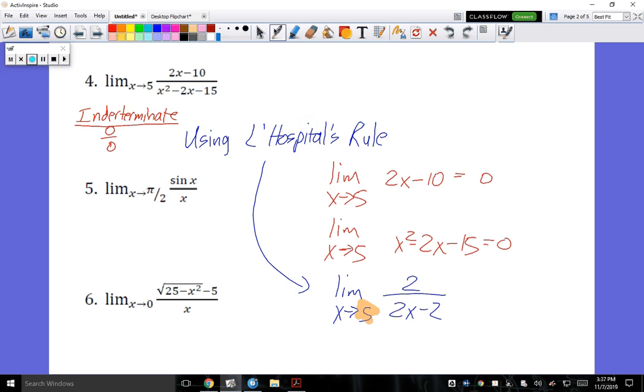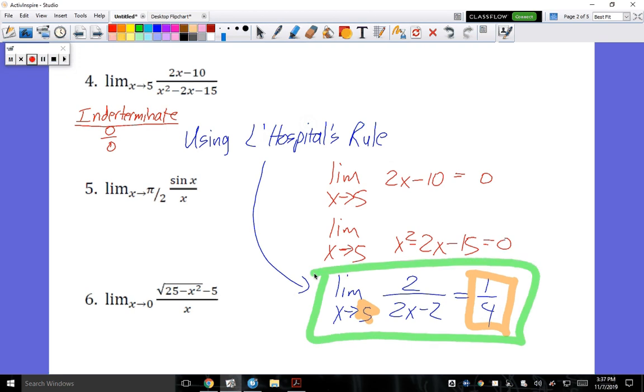So here's what you ask yourself. If you get something right here that is something other than a 0 over a 0, then you're done. That's your answer. Okay? Let's say you got 0 over 0 again, which may happen, or if you get infinity over infinity again, guess what you have to do all over again? From this step, you would treat it like a new problem and just do this all over again as far